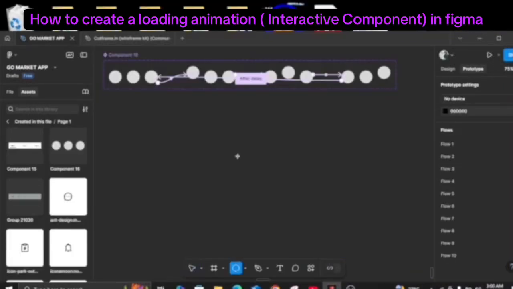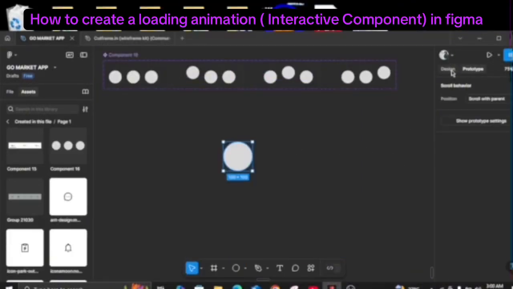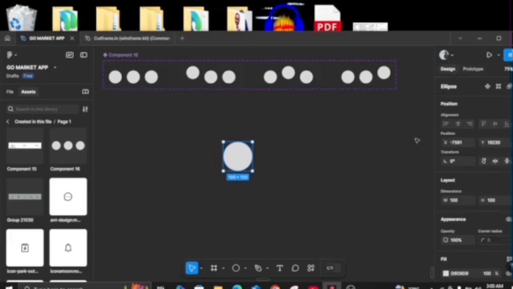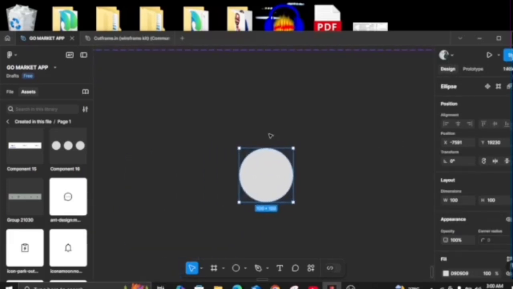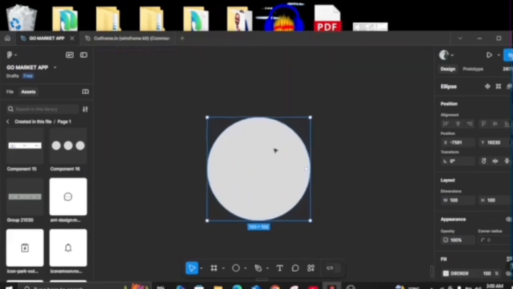Create a loading animation with me on Figma. I'm going ahead to draw a circle of 100 by 100, 100 width, 100 in height. Then I'm going to the middle of the circle where you see this tiny dot, and then I'm going to